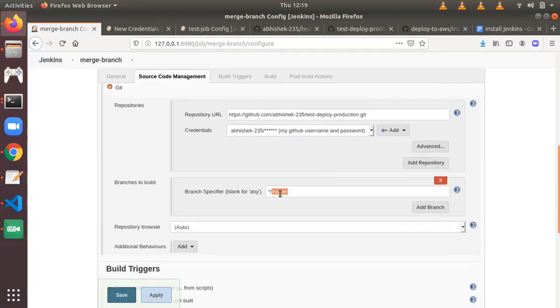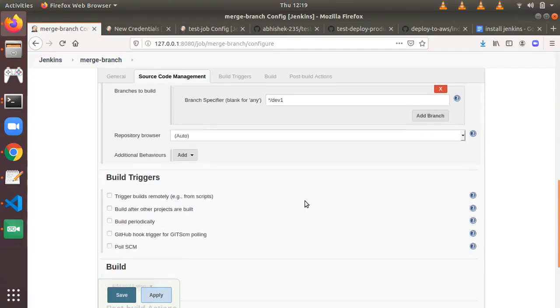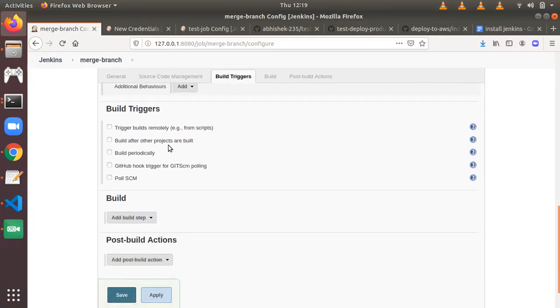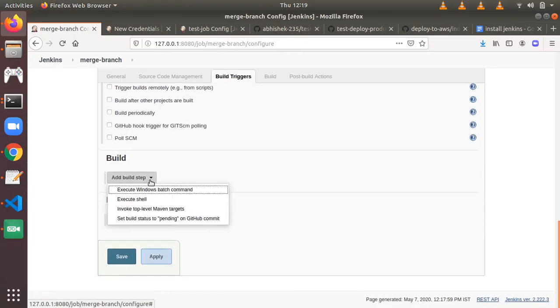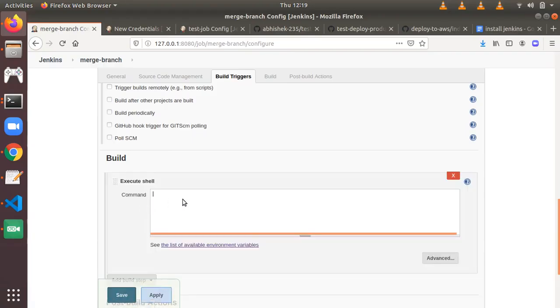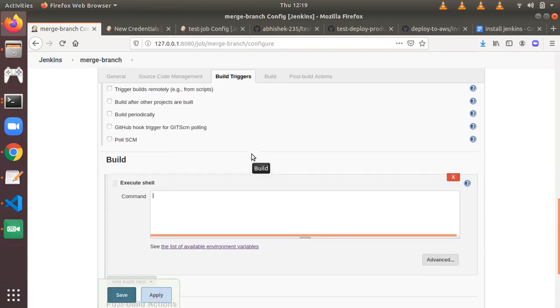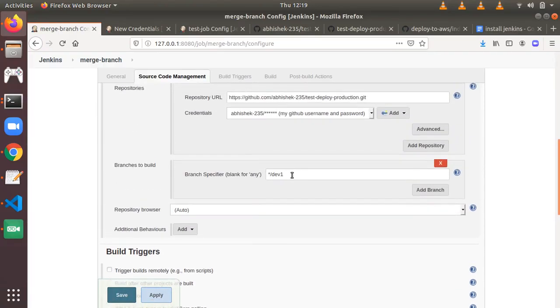The branch we have to merge is dev1, because this is the job we are creating for the dev1 branch. Initially we will trigger it manually. So here we can see that when the dev1 branch is pulled from this repository,